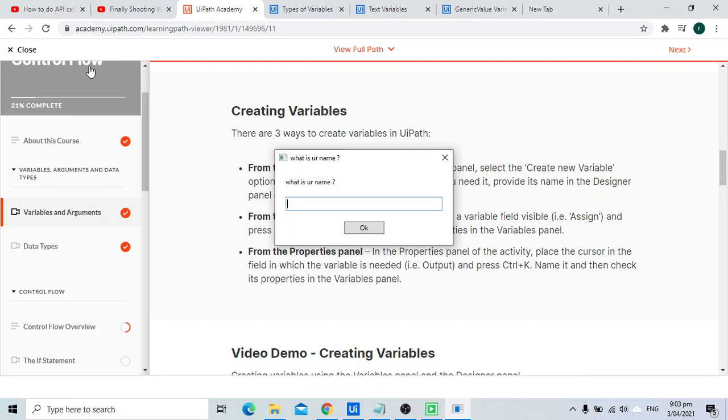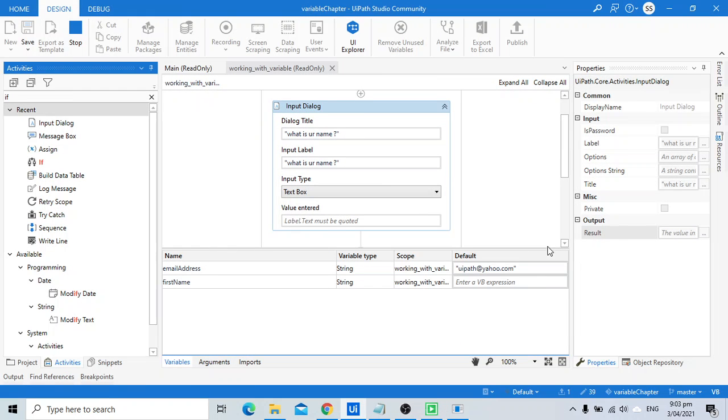What is your name? Right, you can write Sunny. So we need to store this value, Sunny. We need to store that name. For that, we need to create a variable. Remember, we can store values inside the variable. So for that, we need to create variables. So in property panel,